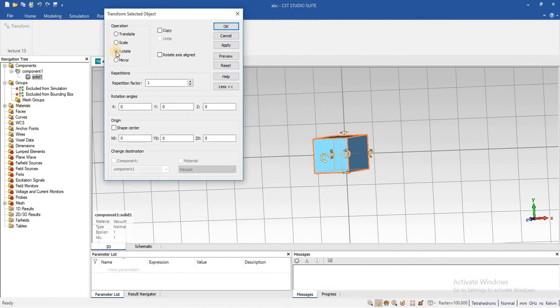Next we will see how we can rotate it. Enter the rotation angle along the x-axis. You can see there. Similarly, you can select the origin as the shape center or the global axis.